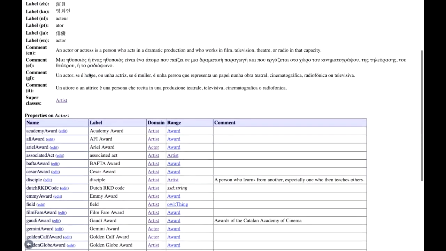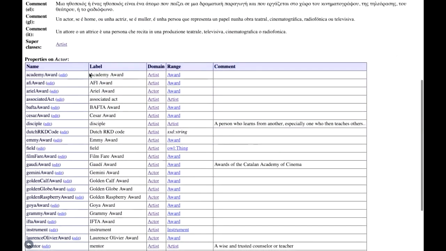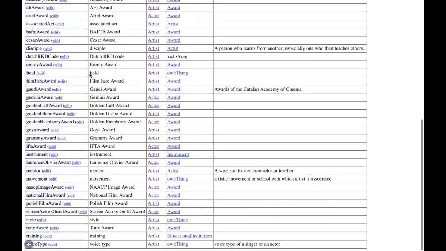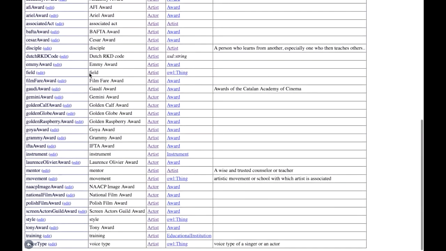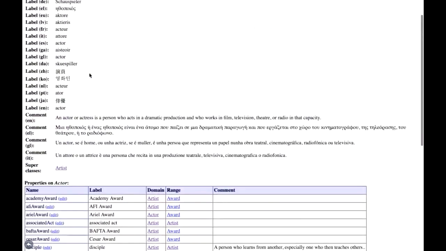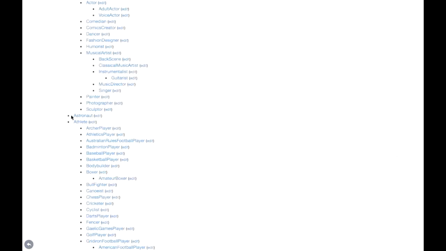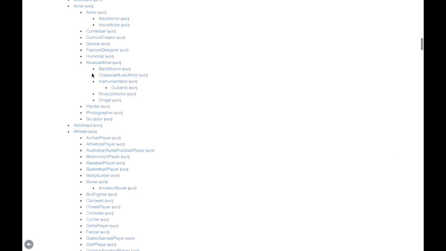For example, a label might exist in 20 or 30 languages. And some of the instances and terminologies may actually be relevant to other cultures other than our own here in